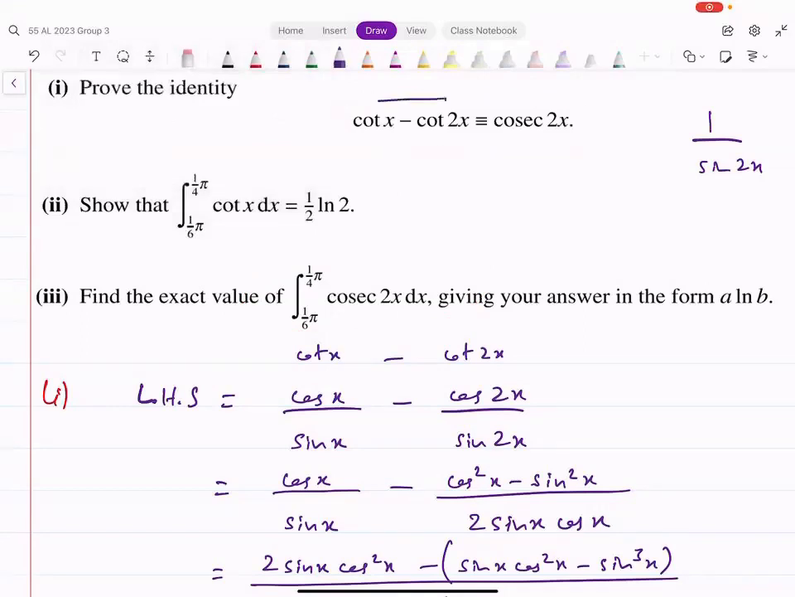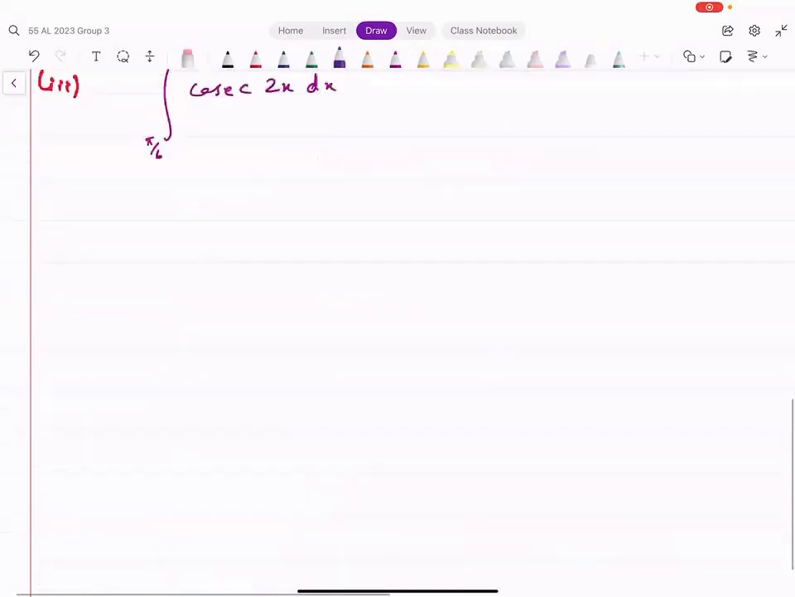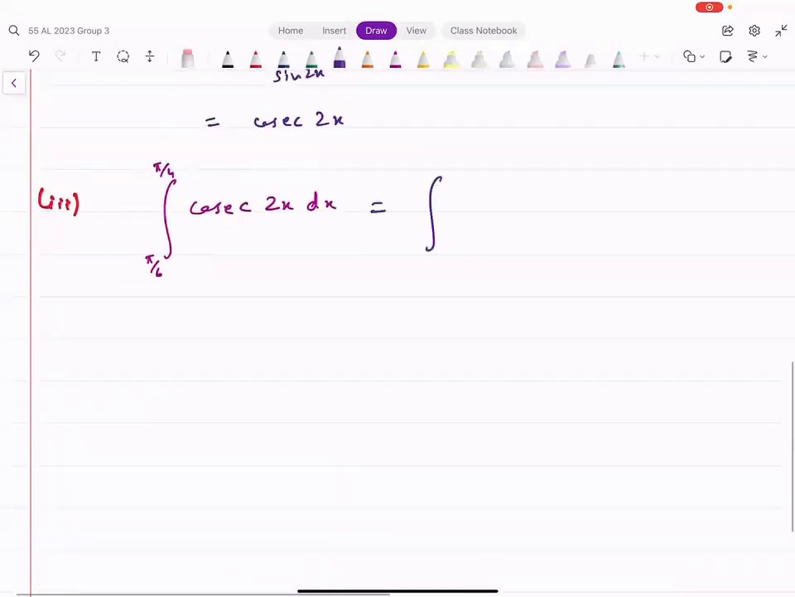कि cosecant 2x is the same thing as this. आप उसको इस फॉर्म में लिख सकते हैं. All right. So rather than integrating cosecant 2x, you say let's integrate cot x minus cot 2x, ये इंटीग्रेट करना, ठीक है।